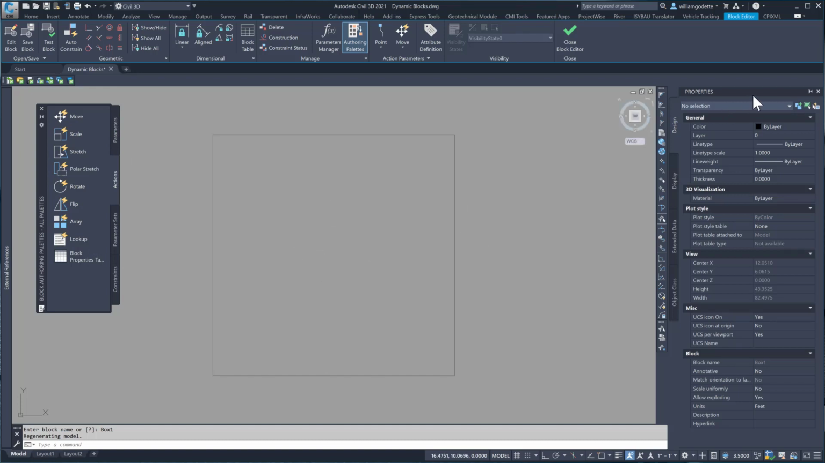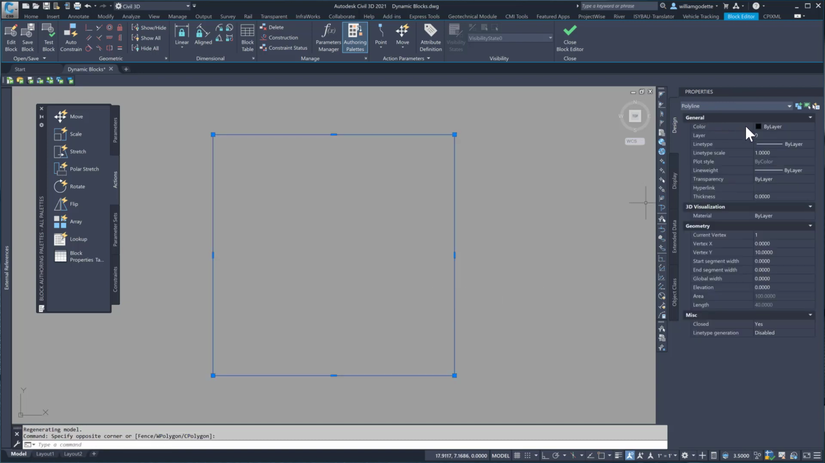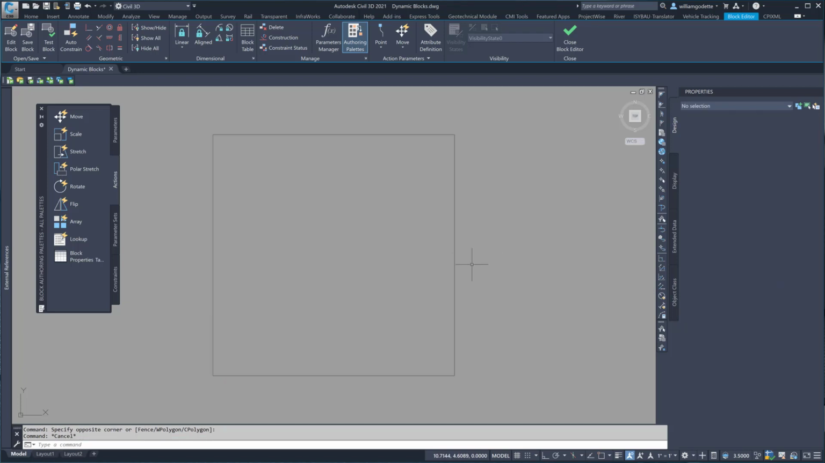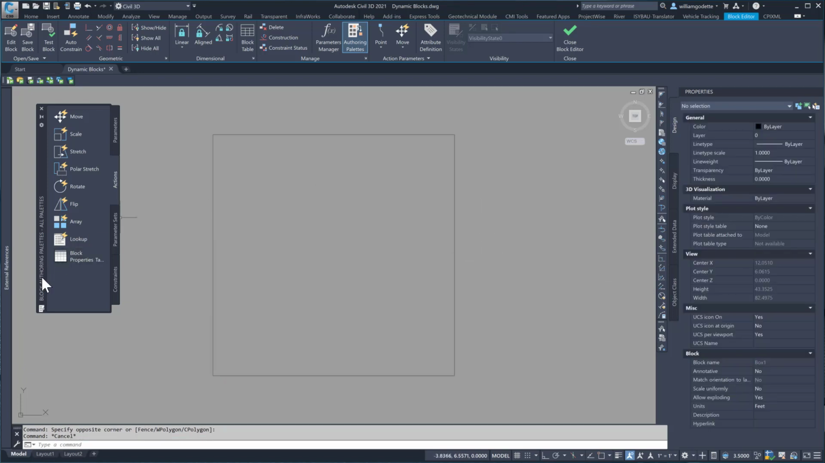So I like to keep my properties dialog open, and that's just typing in CH, enter. The CH command is like the change command, but it basically will open this properties dialog. I just dock it off to the right-hand side, and that gives me the capability of, when I grip something, it shows me what the properties are. So I know that's on layer 0, and all the other information that comes with that. The next thing is to make sure that this block authoring palette stays open, because you'll be pulling from these parameters. There's also, we'll get into